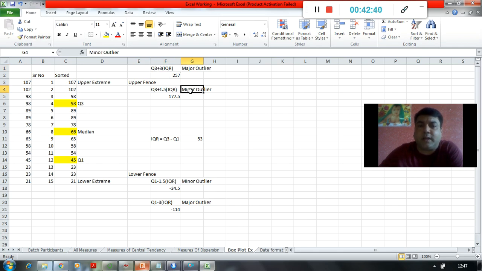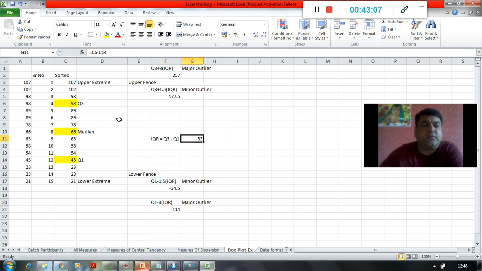So it gives me minor outlier and major outlier, right? This is for the upper fence, and similarly 2 formulas it uses for the lower fence. So here, Q1 minus 1.5 into IQR and Q1 minus 3 into IQR. This is going to be my minor outlier and this is going to be my major outlier.